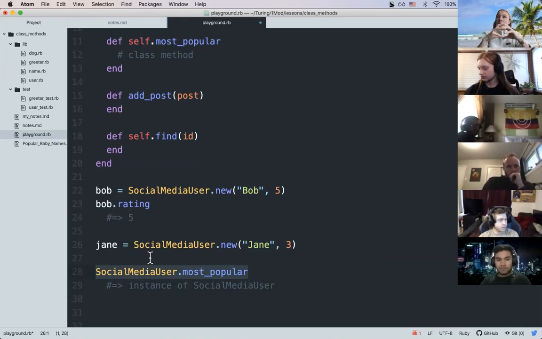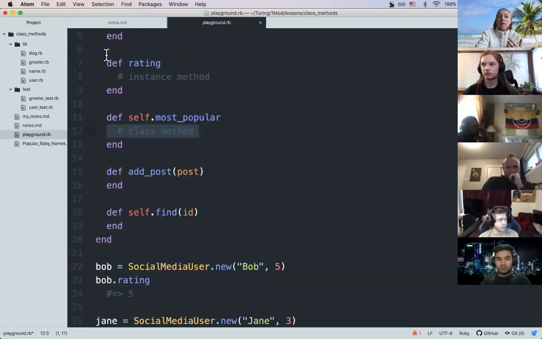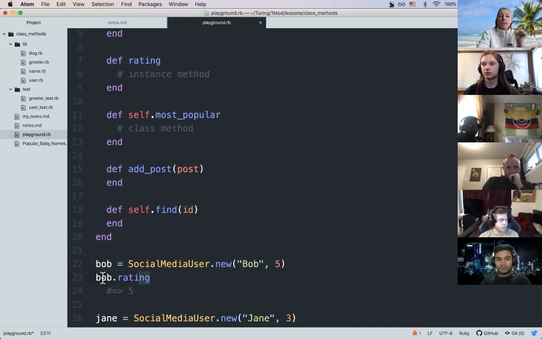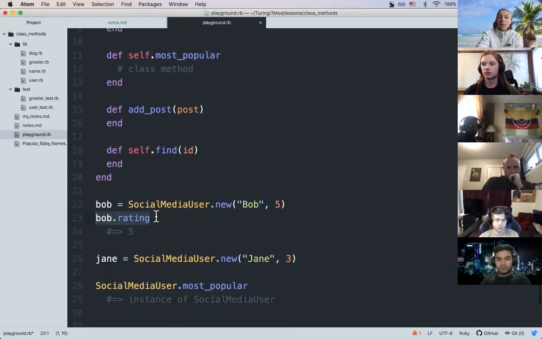So the class knows about all the instances that were created from it. So we can ask the class to look across all the instances and do some kind of comparison to find the social media user instance that has the best rating, right? As opposed to this instance method, where we're only asking a very specific instance about its